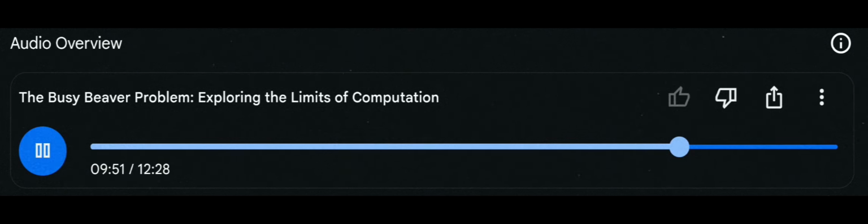It's like a race to see who can build the most impressive Busy Beaver. And each new discovery, even if it doesn't give us the exact value of sigma of n, tells us something about the incredible potential of these simple Turing machines. Absolutely. And it's not just about finding bigger numbers. Analyzing the structure of these high-performing machines gives us insights into computational complexity itself. So by studying these busy beavers, we're not just learning about a specific problem, we're gaining a deeper understanding of the very nature of computation. Precisely. It's like the Busy Beaver problem is a testing ground for our ideas about what computers can and cannot